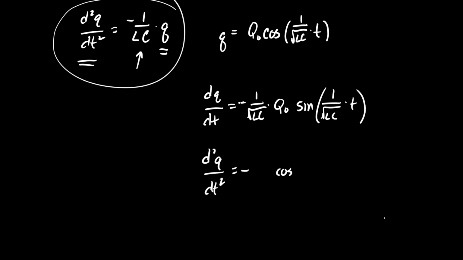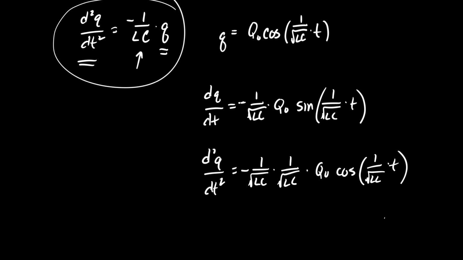If I take the next derivative, well, that's going to bring out another 1 over the root of LC. So I'll get 1 over the root of LC times 1 over the root of LC times Q naught times the cosine of 1 over the root of LC times t. Do we now see why I chose the square root of LC? Now, if you didn't like that, you could have just put omega here, done this twice,